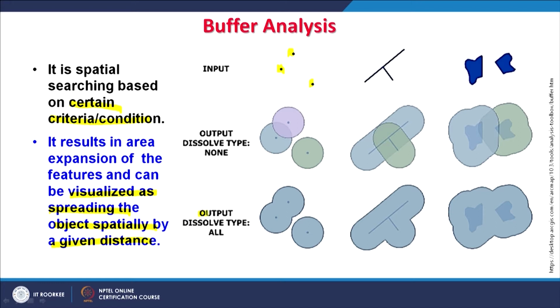And in the final stage we can go for a dissolve type, and here the dissolve type is none, or dissolve type all. So, whichever circles are overlapping will be dissolved, and then you get something like this shape. Similarly for a polyline or a line feature, this is how the buffer will be generated. That buffer is generated along this line and in the surroundings. So, basically a circle is drawn like this using this point as a center point, and then again if we go for this dissolve type option, then it will dissolve something like this.